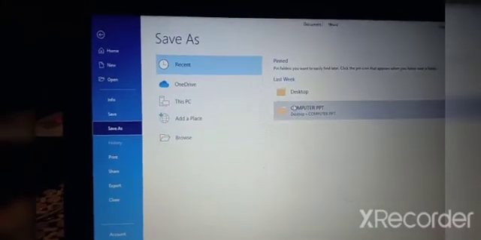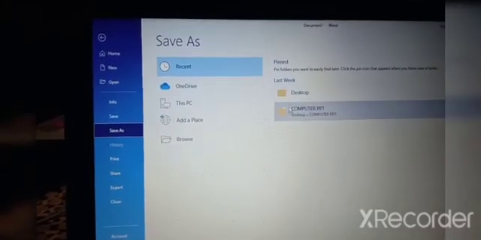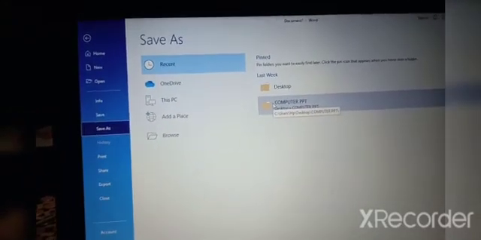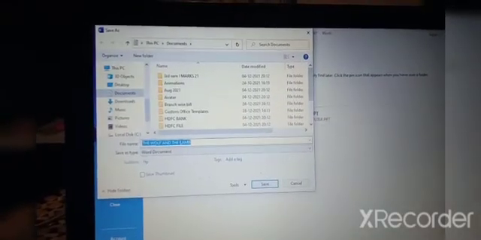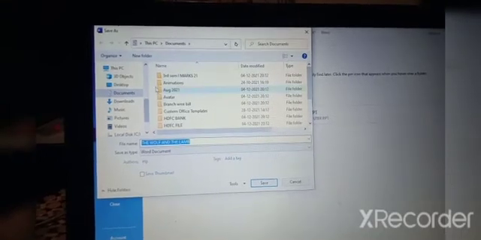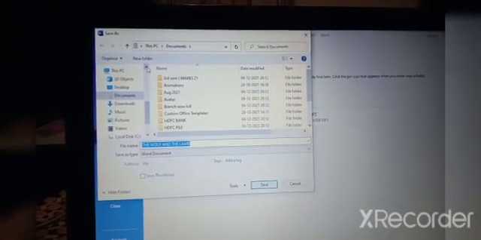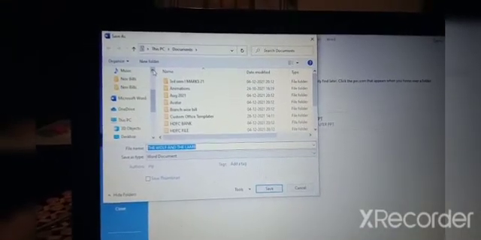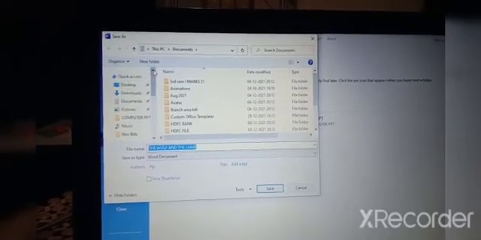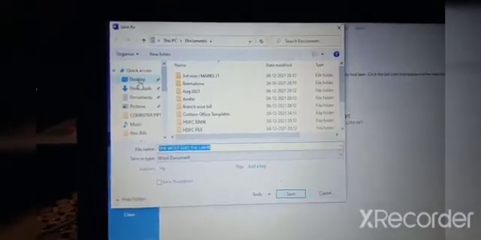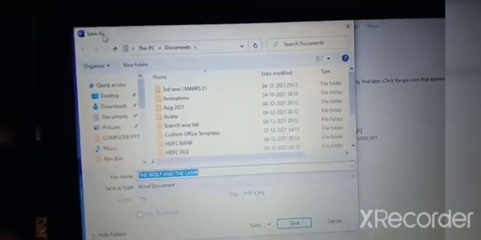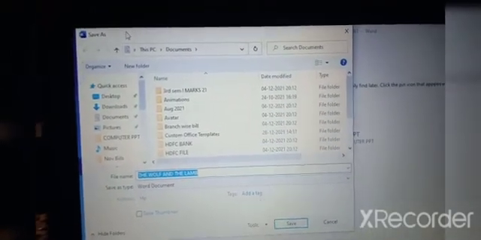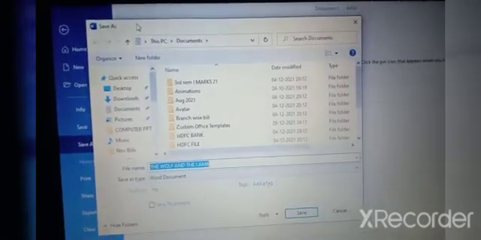You can save it on the desktop, or in whatever folder is there in your computer. See the folder where you want to save the file. You can browse it. Now I will save it on the desktop only. So I will scroll this up. See, this is desktop. This is the save as window. I'll show it to you.